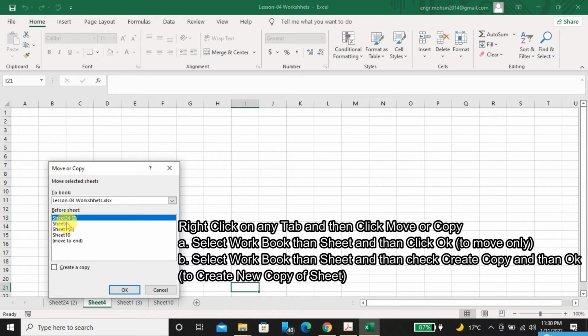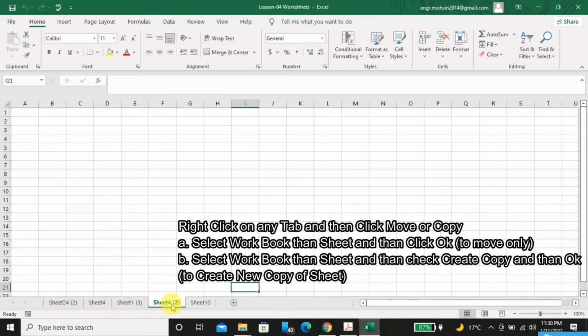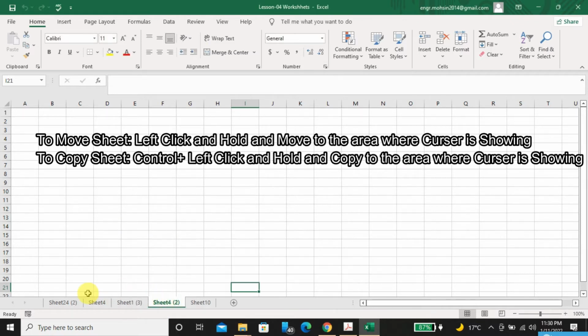Now the same sheet 4, if I want to make a copy within the same workbook, I will select before which sheet you want to keep it, so I will keep it before sheet 10, and by clicking copy here and OK, a new copy will be generated. Or also the simple procedure is, from your mouse, select any sheet and click and drag, and then move to the place where you want to keep it.